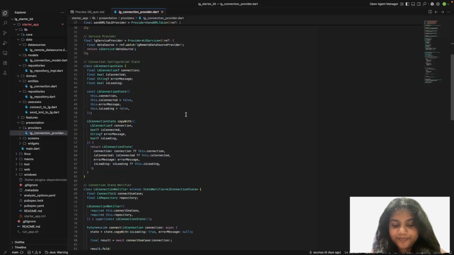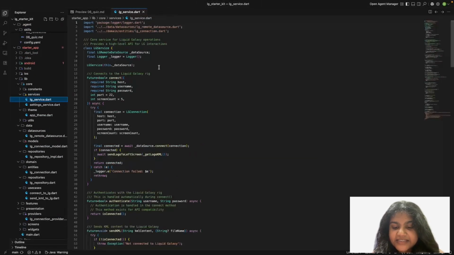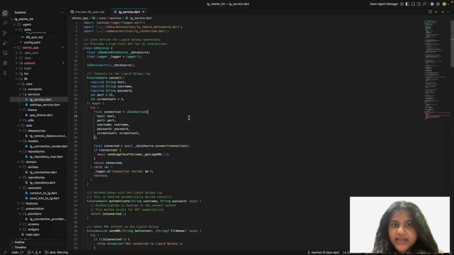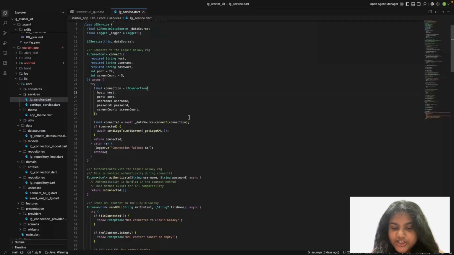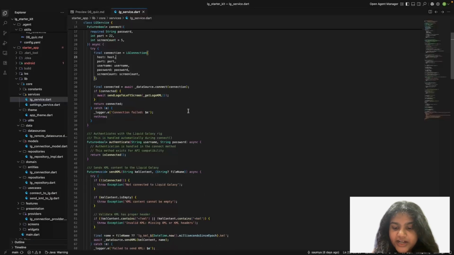to update the screens. Connecting to the Liquid Galaxy rig presents a unique challenge due to the network latency, as opening a new connection for every command would make the application unusable. To solve this, the LG service class acts as a persistent singleton that maintains an active SSH client instance from the Dart SSH2 package. Once the connect method initiates a secure handshake and authenticates, the connection is kept open in the device's memory. This strategy reduces command latency from hundreds of milliseconds to near instantaneous levels, allowing for real-time interaction with the Liquid